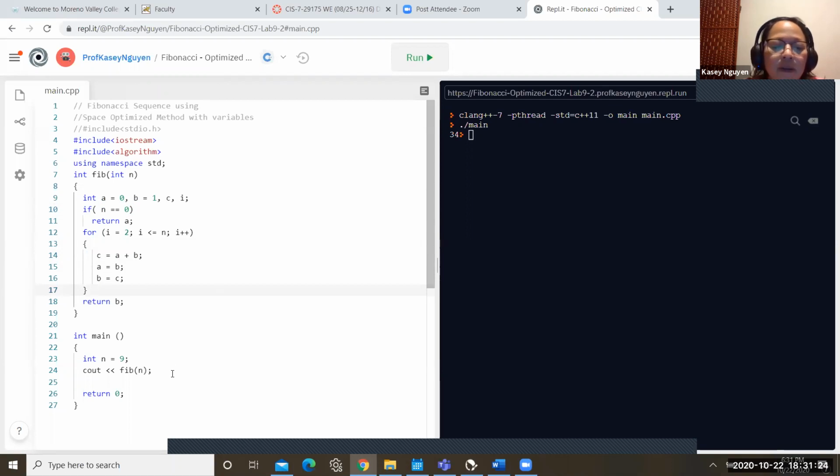Now, let's play with this and say that I wanted to maybe go to 89, or I wanted to go to 29. Now you can test it with a larger nth value to see if it's able to achieve that, right?